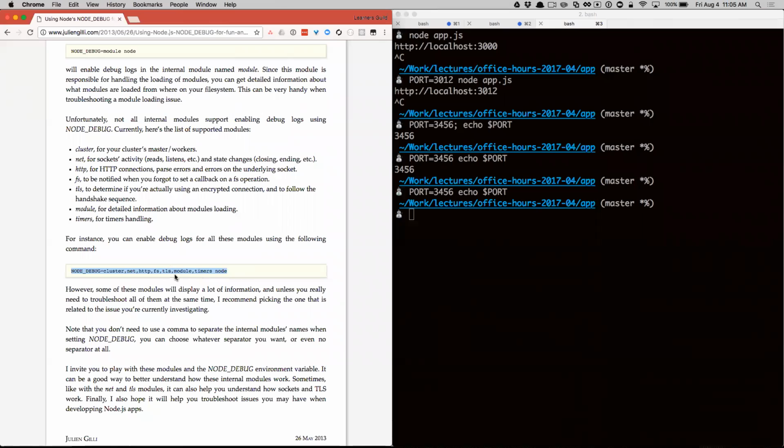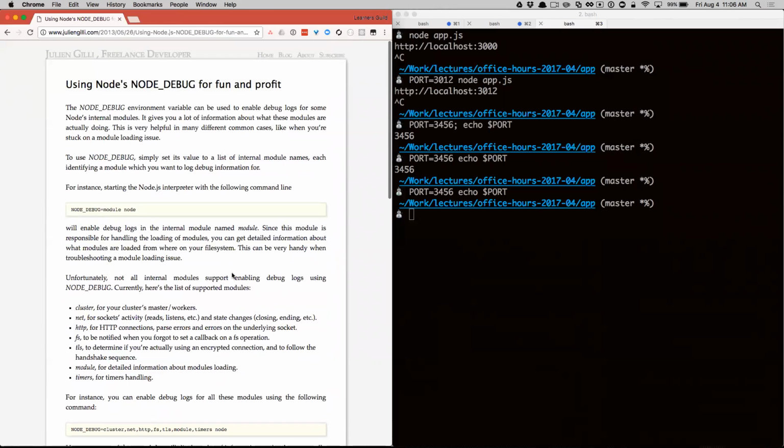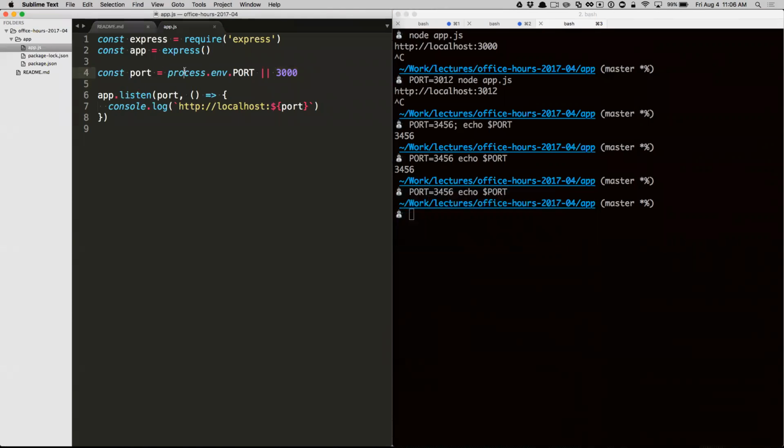So if we were having a problem with using something like fs readFile and we needed some more debugging information, we could put NODE_DEBUG=fs and then run our script, and we should get some additional debugging. So there's a couple of other environment variables that we can set. And our application can use as many of them as we want, right? We can just access,